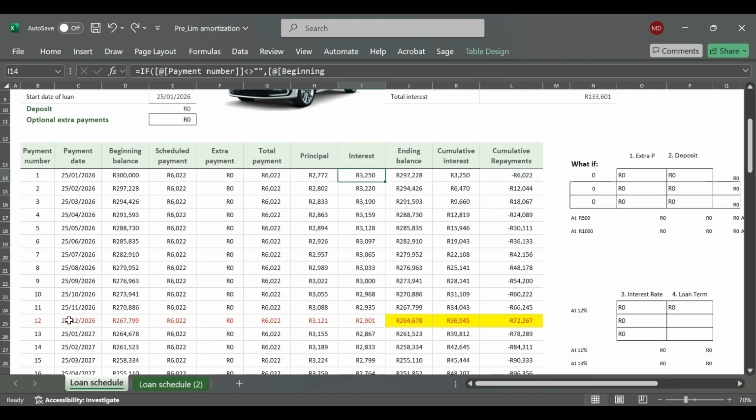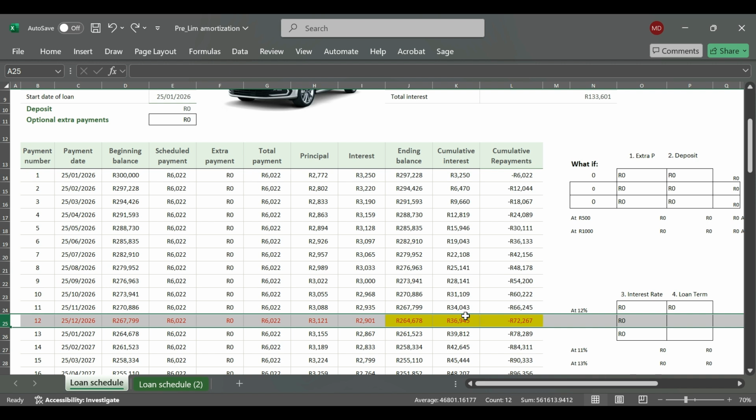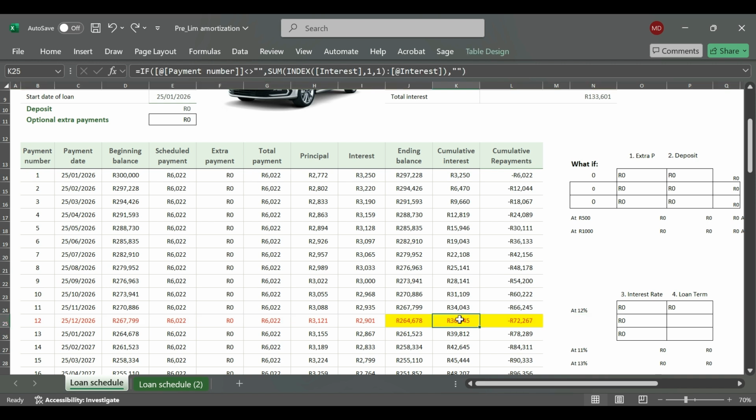So let's say now, for instance, at the end of December next year, how much you would have paid in interest for that year. So you would have paid that amount for interest. And then this column here is showing you how much you would have paid in these 6,000 rands that keeps on accumulating. And then it would have been 72,000, meaning that out of these 72,000, 36,000 went to interest. And then the balance went into reducing your debt to that amount by the end of December